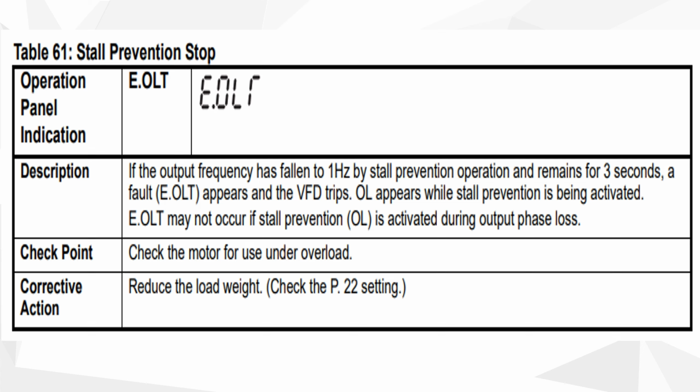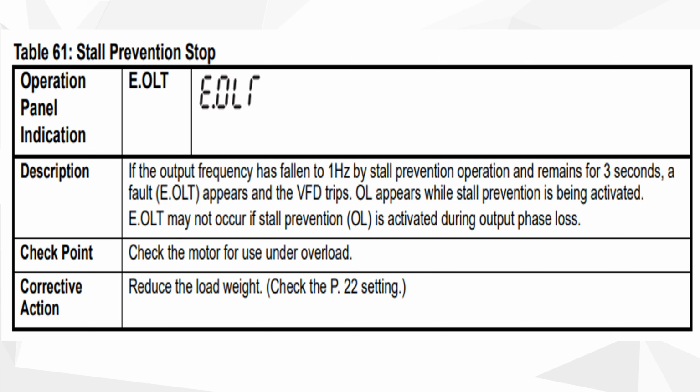ठीक है, तो हमें क्या चेक करना है, जो हमारी मोटर है, मोटर पे जो हमने लोड दिया है वो ज़्यादा लोड दिया है। या फिर हमें पैरामीटर नंबर P22 में सेटिंग चेक करनी है एक बार। ये मोस्ट ऑफ चांस में तभी ओकर होता है जब ओवरलोड ज़्यादा है मोटर की कैपेसिटी से। उस केस में ये क्रिएट हो जाता है। और ये कब, जब अगर हमारा आउटपुट फेज लॉस है तो ये प्रिवेंट नहीं होगा।